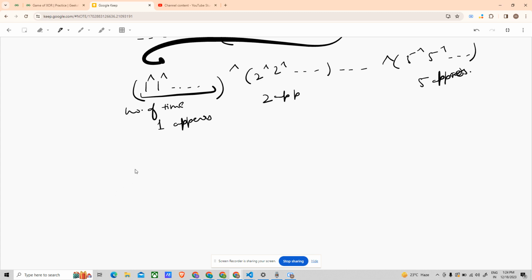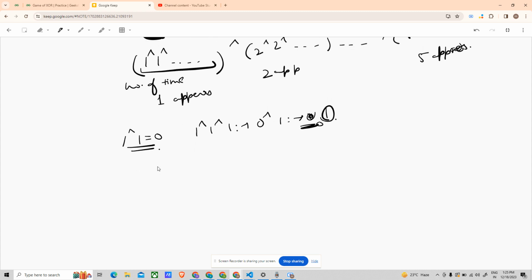Now I'm going to say that if 1 XOR 1 is 0, then 1 XOR 1 XOR 1 would be 0 XOR 1, and we know XOR of 0 with anything is the number itself, 1. Okay, so can it reduce, like if a number x appears an even number of times,